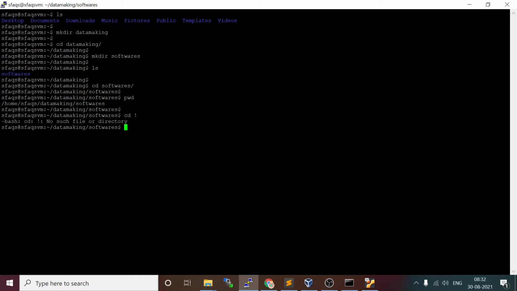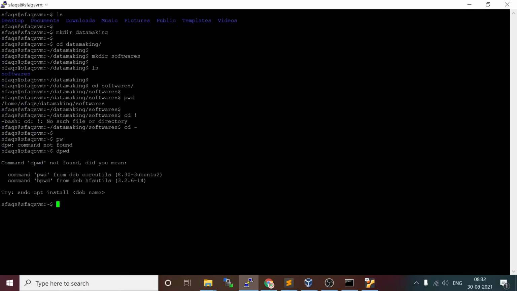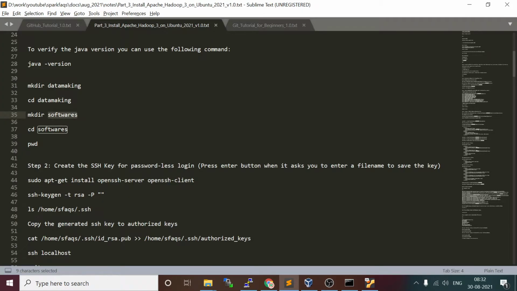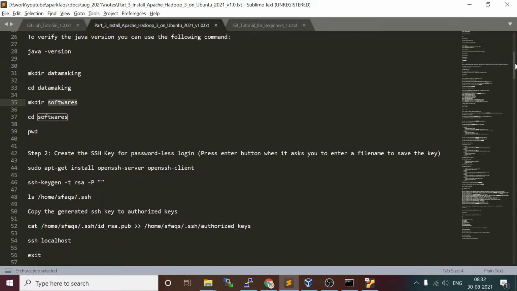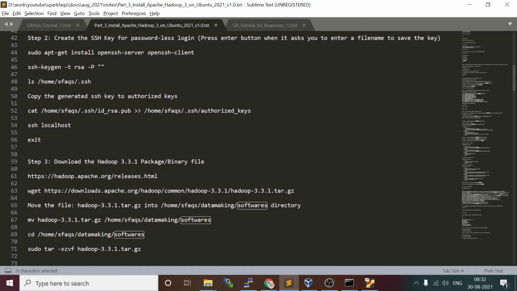Let's go to home directory. Okay, pwd. I'm sorry. pwd. I'm in home directory. So we have created this directory also. So let's go here. And so first thing when you want to install Apache Hadoop is you have to create